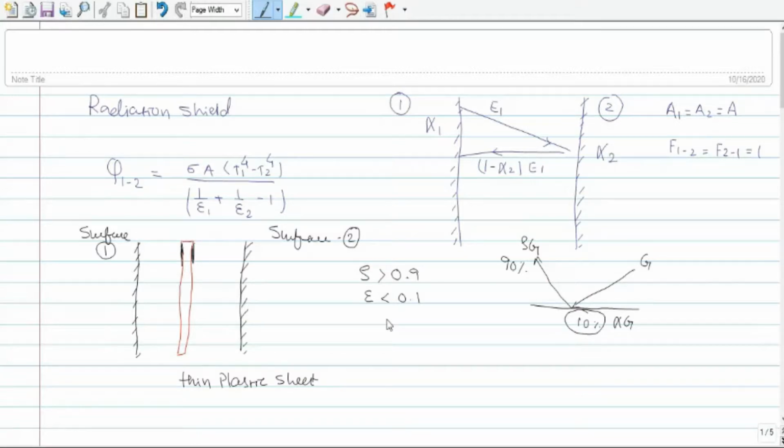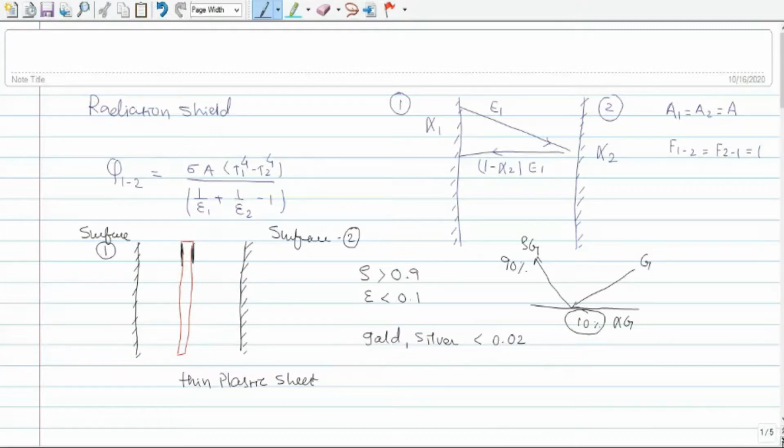Some materials are used for this kind of radiation shield purpose, and gold and silver are the famous materials. Gold and silver are widely used for thermal shields because the emissivity of these materials is less than 0.02. And if you use metal with oxides, then the emissivity is greater than 0.4, and non-metals have a higher emissivity, near 0.6. So in this way we are using it, and this is the concept of the radiation shield. So I think it is clear now in your mind, students.